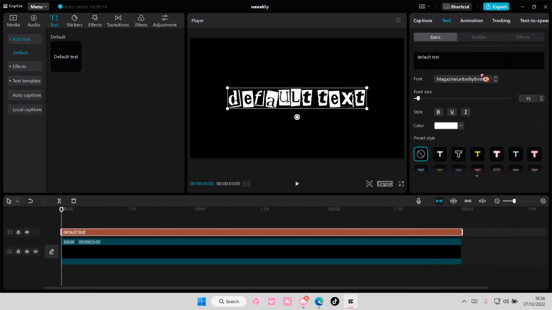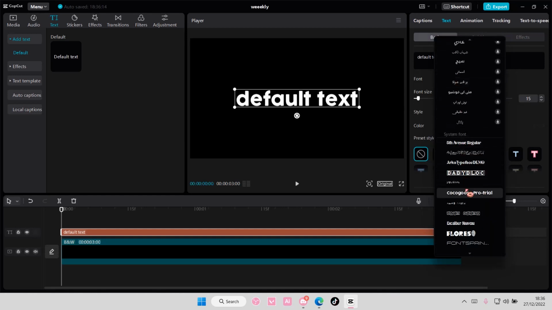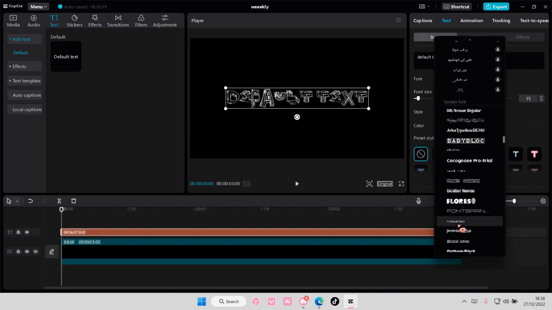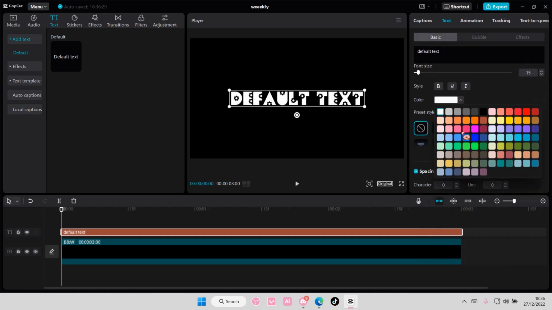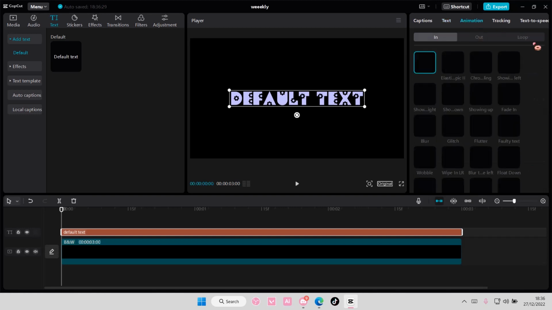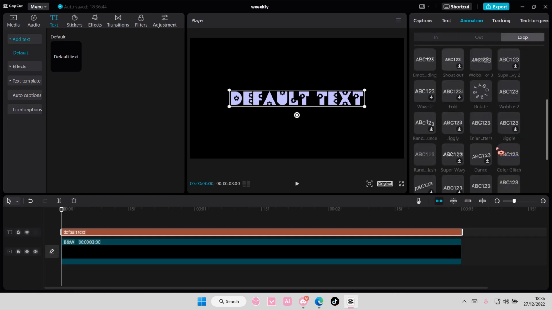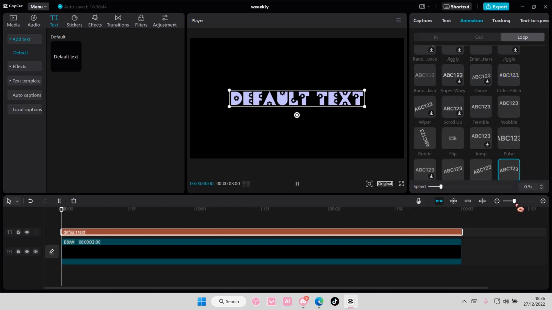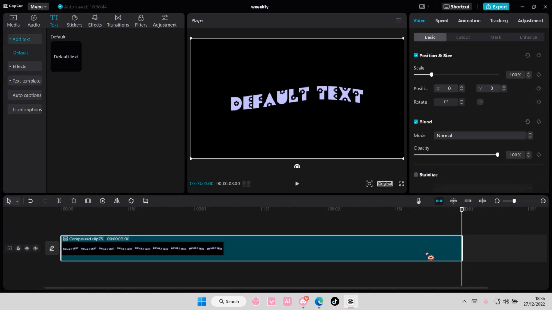Go to system, go to font and select any font you want. I downloaded mine, so I'm just going to use this one, and you can also change the color here if you'd like. I'm just going to choose this purple one, and then you can also add in an animation. For instance, this wavy one, where is it? This wave one. And then I'm also going to select both, right click and then create compound clip, and now